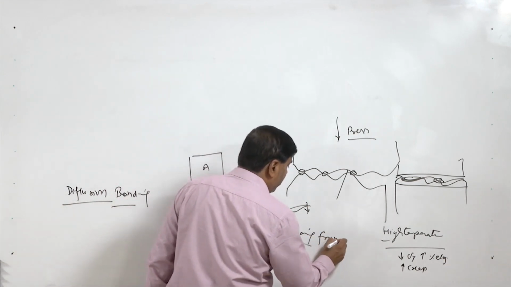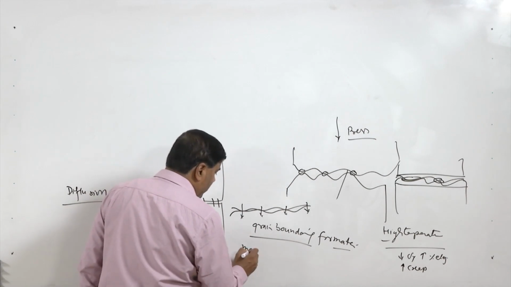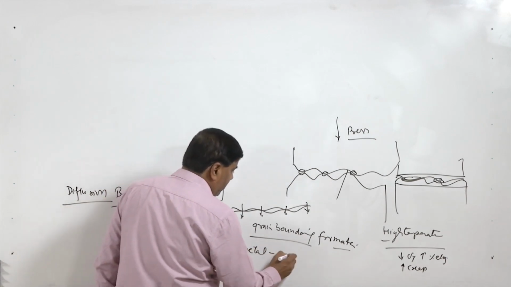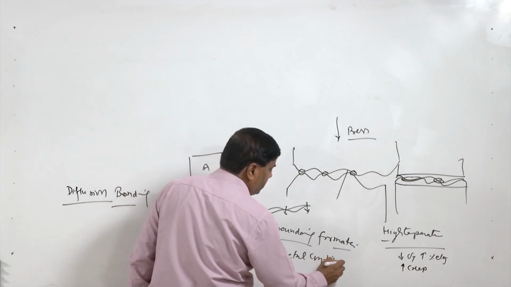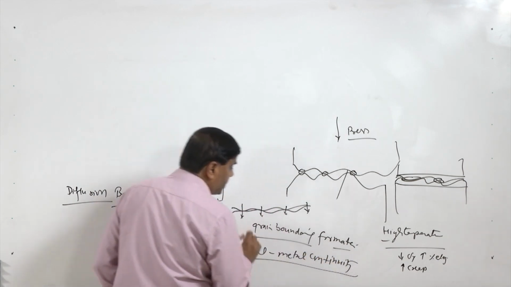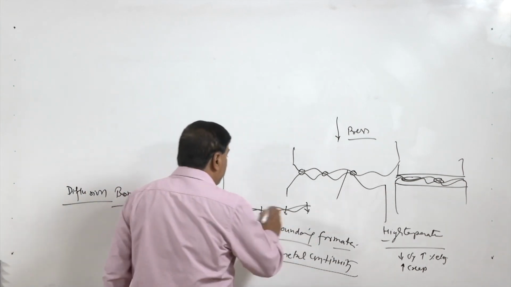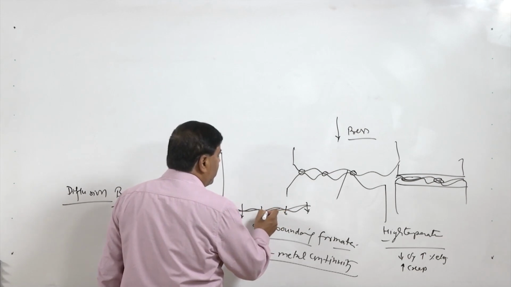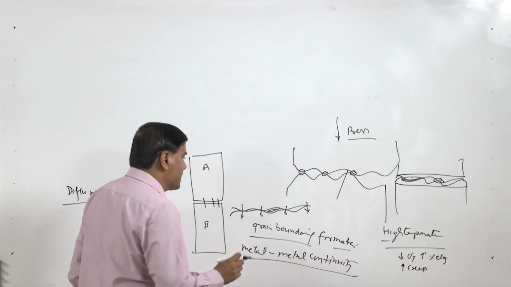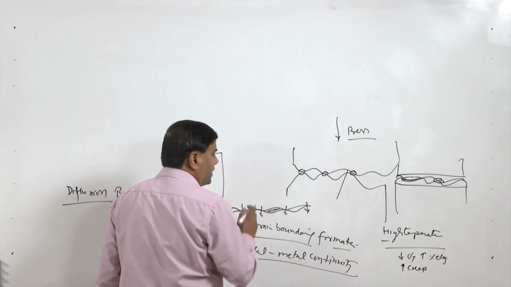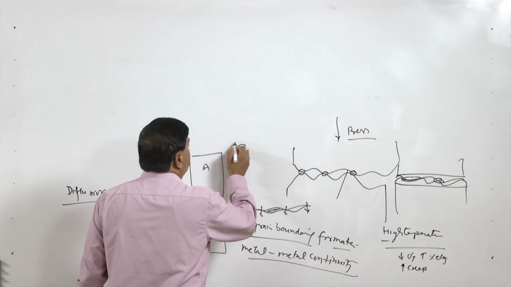This is the stage which is required for metal to metal continuity or the metallurgical continuity, resulting in the metallurgical bond. So, when the grain boundary formation starts, we will see that the areas where the metal to metal contact does not exist will start getting reduced significantly, and gradually we will see that